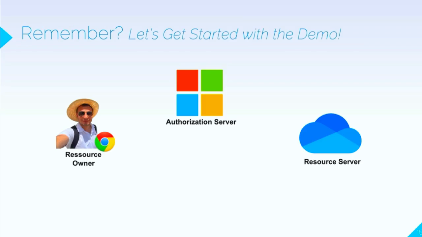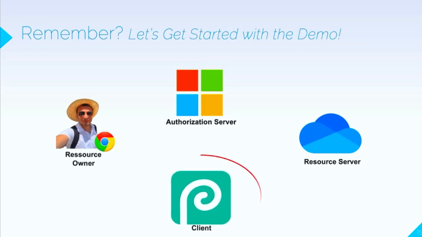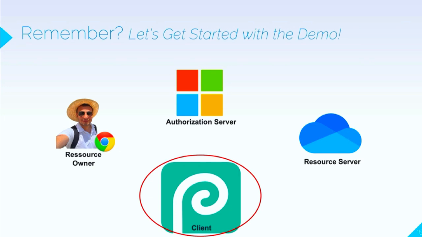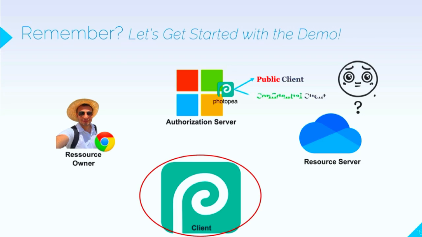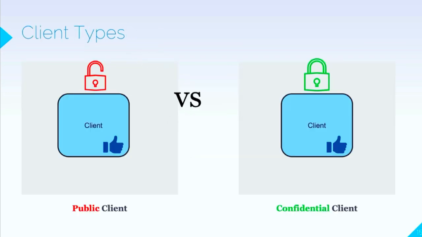In this lesson, we are going to explore the two types of clients in OAuth 2. As we learned in previous lessons, an OAuth 2 client is an application that the resource owner grants access to their resources. When configuring your authorization server, you will need to define these applications as OAuth 2 clients within the server. At this point, you will need to decide whether you are configuring the application as a public client or a confidential client. Understanding this difference is essential to ensure a correct configuration in the authorization server and to avoid